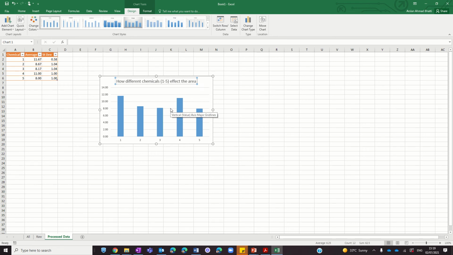The area of inhibition, which is measured in centimeters squared. Let's see if that works. Control Shift plus. Yeah, Control Shift plus for me makes it superscript like that, so it gives me a fancy